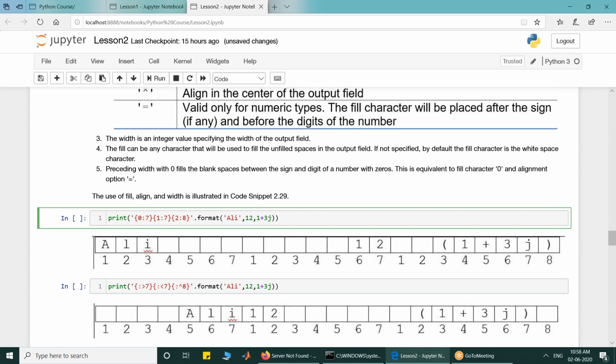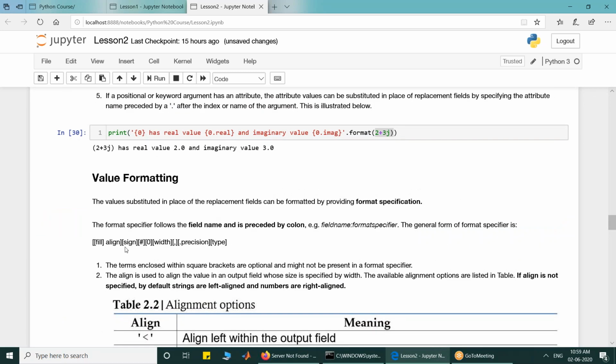I have not given the index number, automatically that would be substituted. But after colon, I have written 7. This 7 means width. If you remember, in our string, we have width written. So this 7, which is a number, is width, and this 7 is width, this 8 is width.